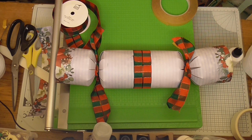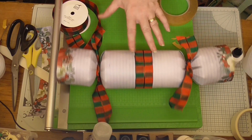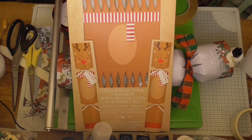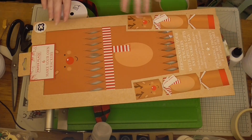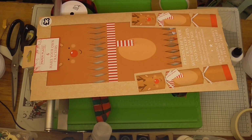The other thing I wanted to show you though is that it can end up costing a lot with all the papers and everything. I mean, you could use normal papers and add a little bit of embellished paper in the middle or something like that instead of ribbon, but the works. Now I found these, I've got these for the kids. Look, you get enough to make 6 crackers already done. Look, they come out like that. You get the tags, the snaps, the hats, the jokes,